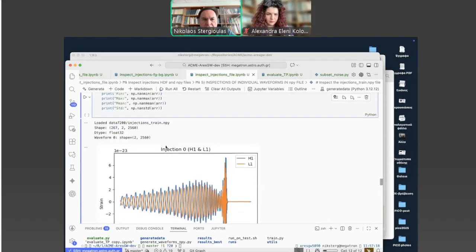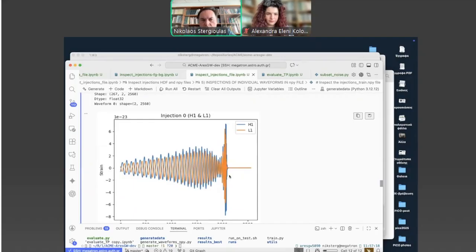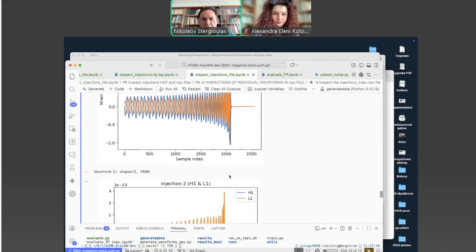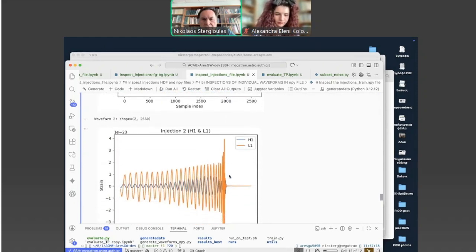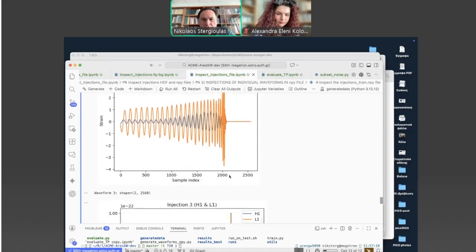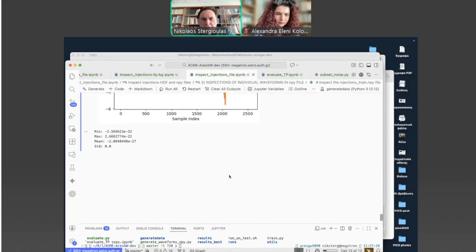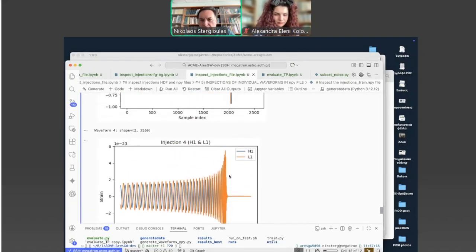In there, you see the actual waveforms that are created and stored. Here are a few such examples where you see the waveform both at Hanford and Livingston detector. And in this file, we have 267 different such examples that we then inject each one 19 times.